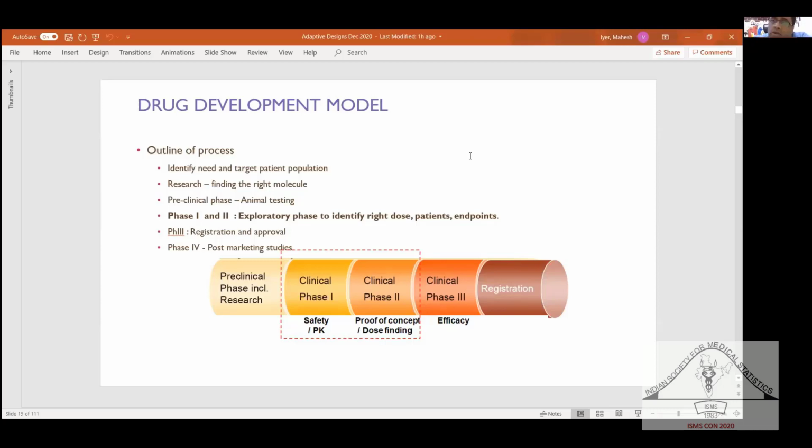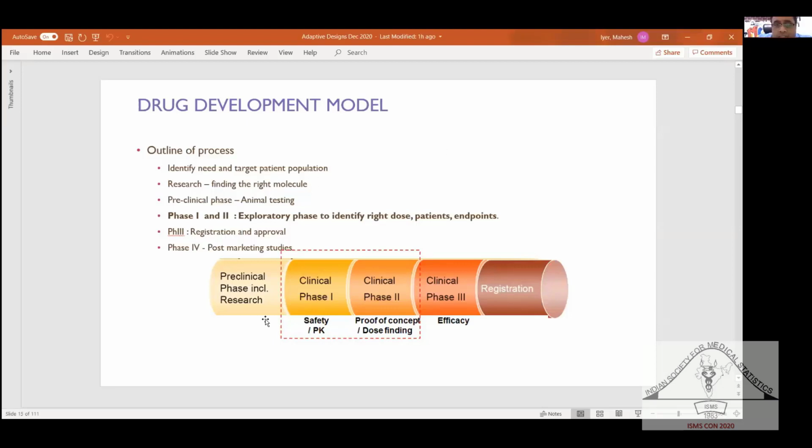So either it is better because the efficacy is better, or it is better because the side effects are lower. Supposing you have one drug that has a lot of bad side effects, and then you have a new drug which has the same efficacy, but the side effects are much lower, then the authorities can still say, okay, go ahead and sell the drug. So you have to show it's better somehow, either by efficacy or by safety. Okay, sounds good. So this is a drug development model.